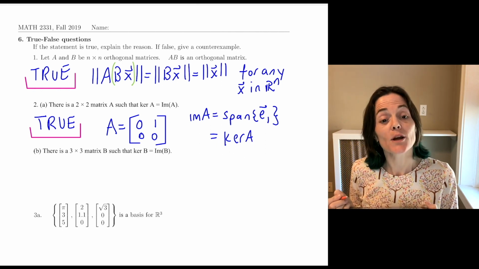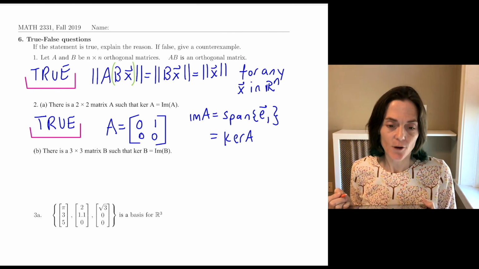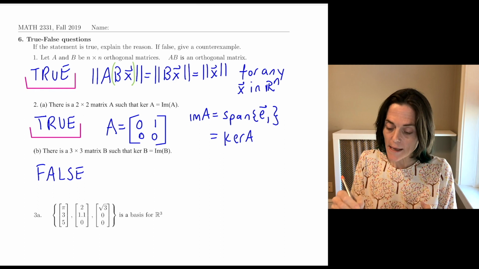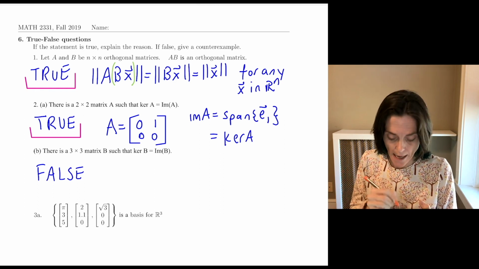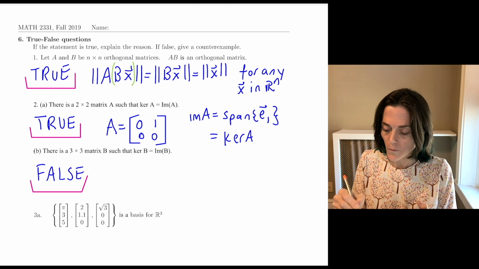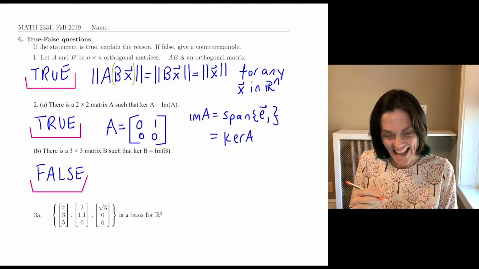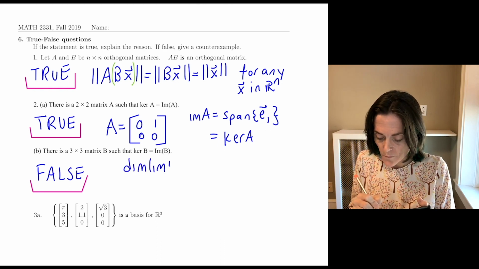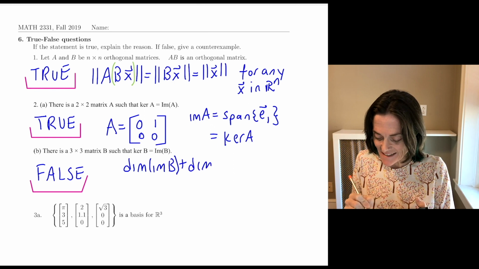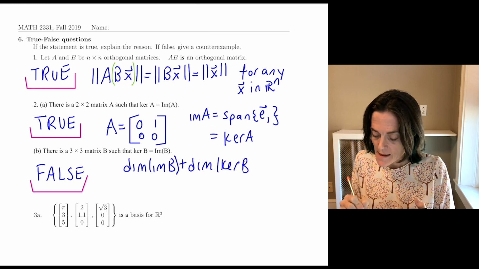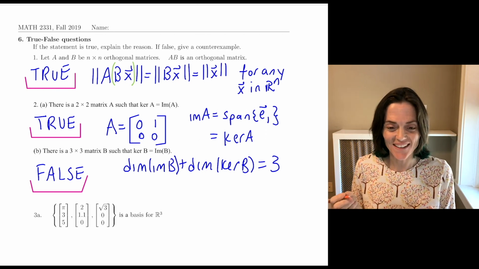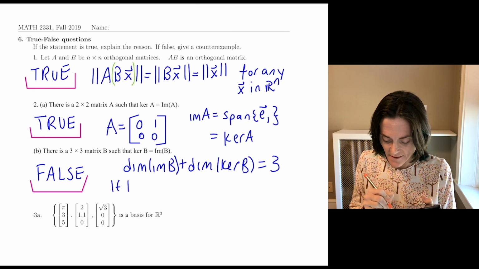Letter B, there is a 3 by 3 matrix such that the kernel of B is the image of B. This one is not true. And how we can realize this is arguing with dimension. So we know that this is rank nullity here, the dimension of the image of B plus the dimension of the kernel of B must be the number of columns. Well, if they are equal, if the image of B equals the kernel of B,